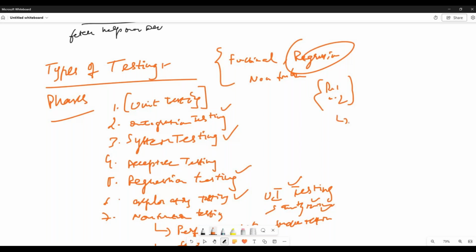So once the requirements are fixed, their priority is done. This is all done by the product owners, right? They discuss with the business, they discuss with the clients, they get back to the team and say these are the requirements and this is the priority based upon which we need to work on them. So now the requirements would have